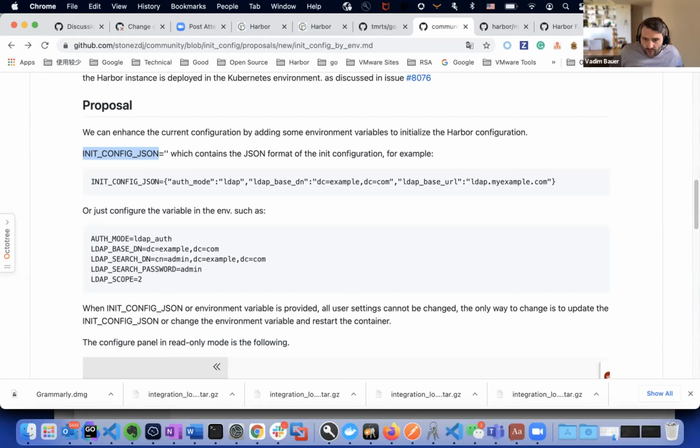From the use case perspective, what happens if the user decides, okay, we don't want to have this init config, we let the administrator change the config on the UI? Well, he goes and adds the value there, and it's working. Yeah, just remove the environment variable. Exactly. Remove the environment variable and copy and paste the values that were in the environment variable into the UI. So it will not block the user from finding a way of solving the problem. Whereas if we synchronize with the database, I think this can, in the long run,